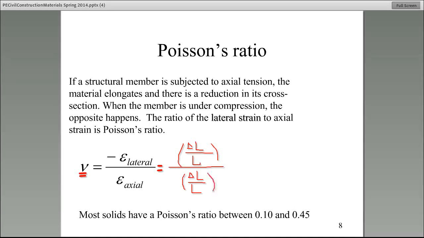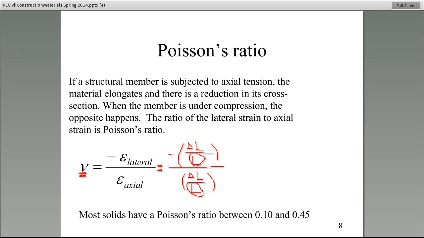Now, what could go wrong, and that's when you will see a distractor, is they will count on you to just say delta L over delta L. Delta L in the lateral direction divided by the delta L in the axial direction. Please don't do that. Make sure you don't forget that to get strain, you have to divide by the original